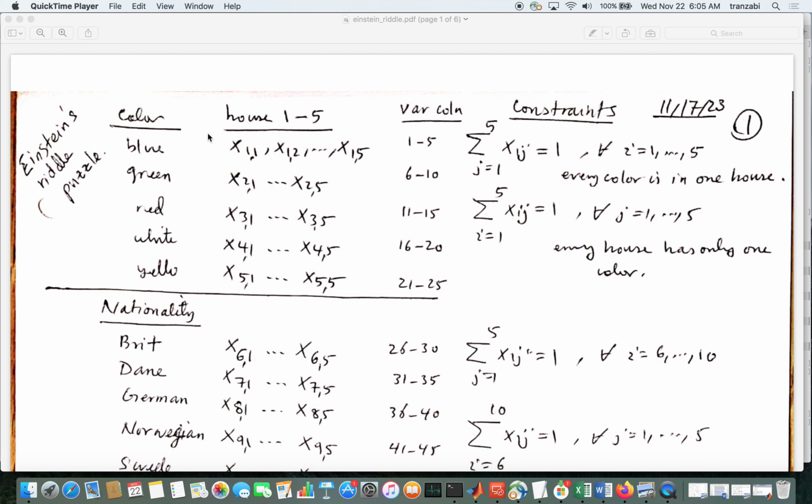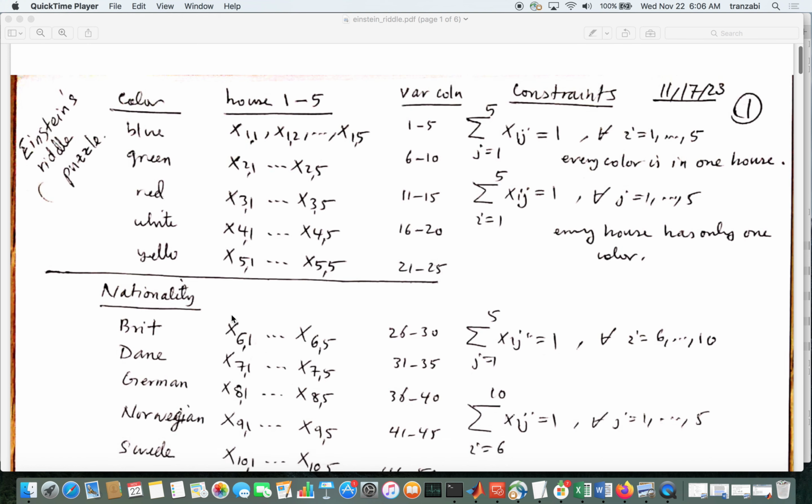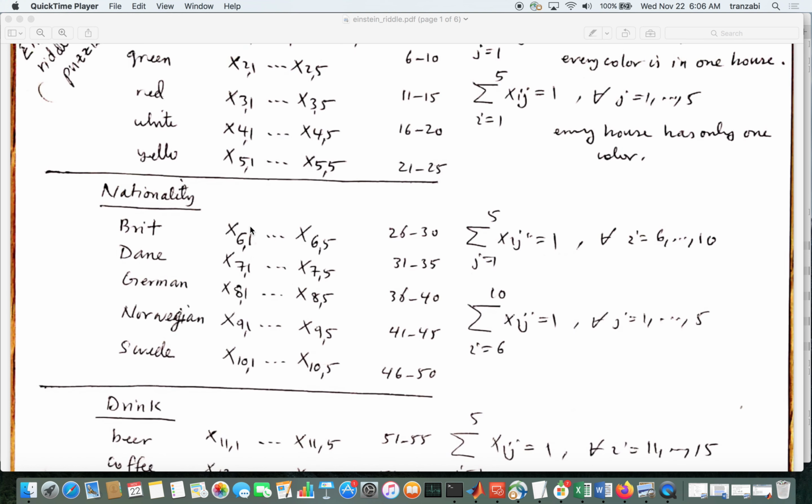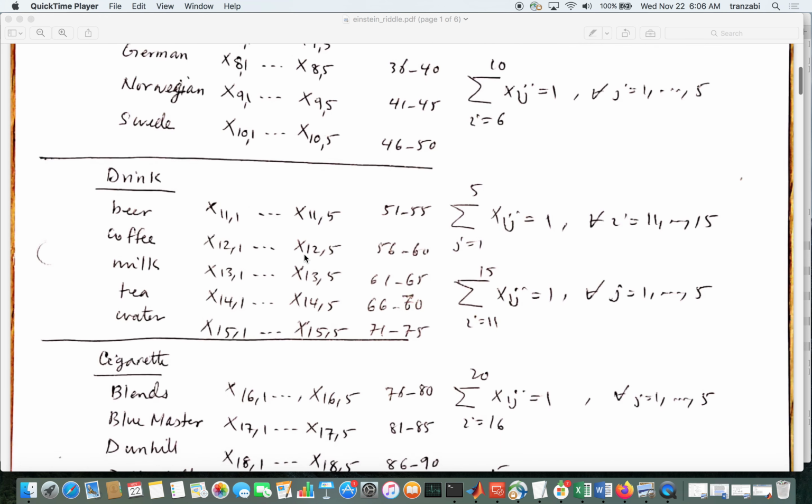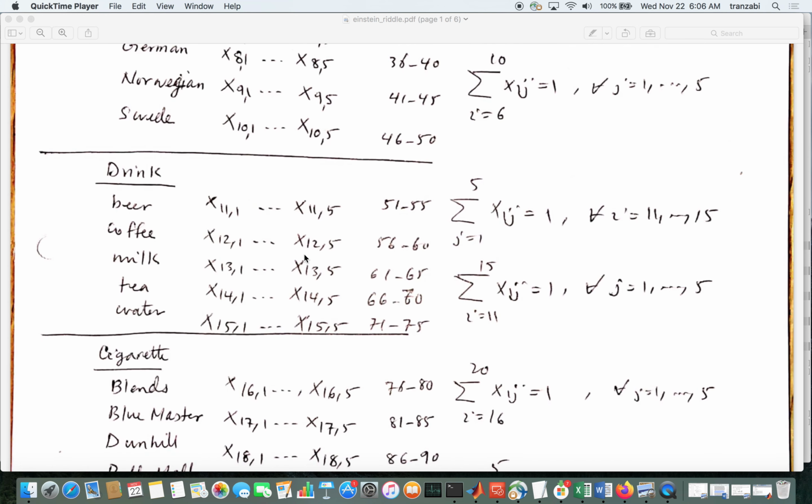So for all colors, for every row actually, we're going to have 5 constraints. For every column, we're going to have 5 constraints as well. So this totally gives us 10 constraints for every block. Like for color, we're going to have 10 constraints. For nationality, the same thing. We're going to have 10 constraints here. The sum of the columns in this block is going to be 1, and then the sum of the rows is going to be 1 too. Okay, so these are the constraints on the variables that we chose,